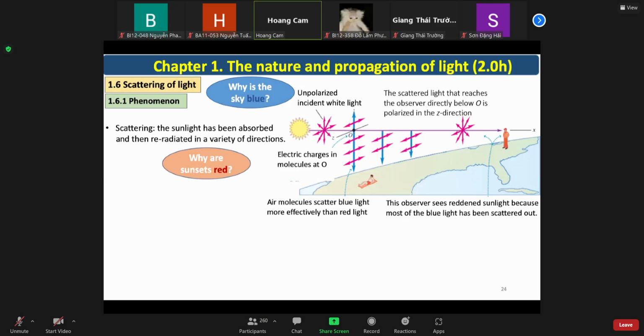That's why blue is more dominant when people look at the sky at this moment, and the sky is blue. This observer sees reddened sunlight, because after traveling a long distance, most of the blue light has been scattered out. Pay attention also that the scattered light that reaches the observer directly below O here is polarized only